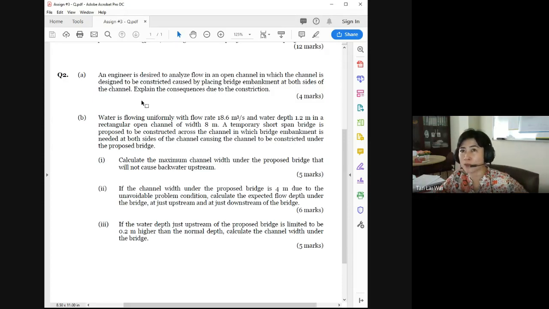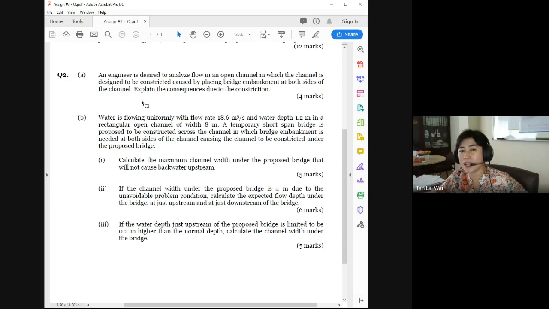If you can draw out the cases, I don't mind if you don't draw all 6 cases, but 3 cases are for subcritical and the other 3 are for when the upstream flow is supercritical. If you can draw them out, then it's good. If you explain it, it is fine with me too, provided you give me the formula. What will happen to your y1, y2, y3 for case 1, case 2, and case 3.